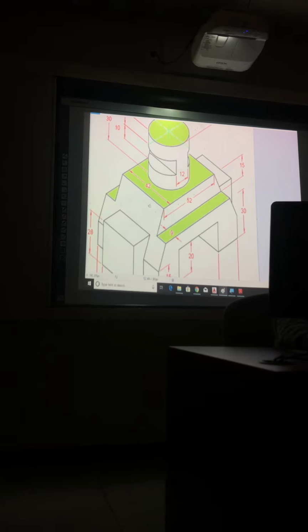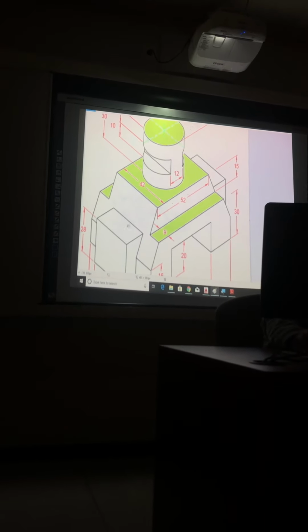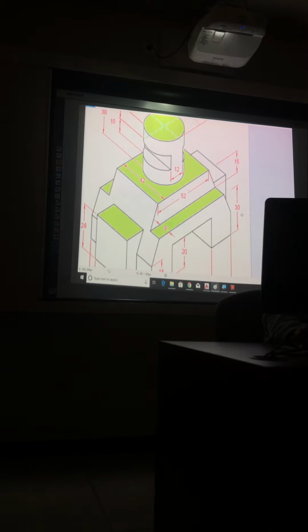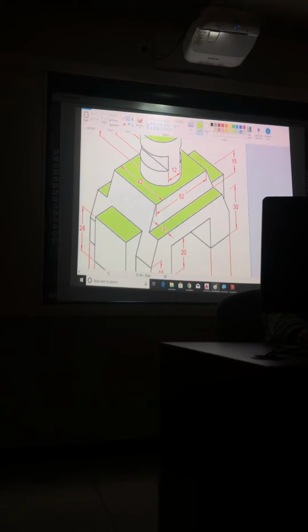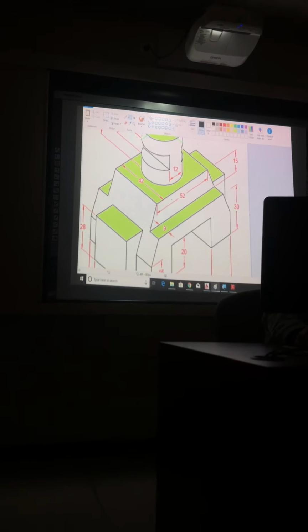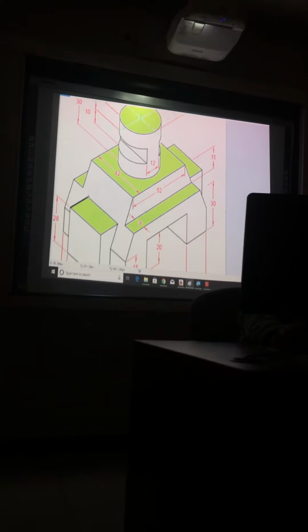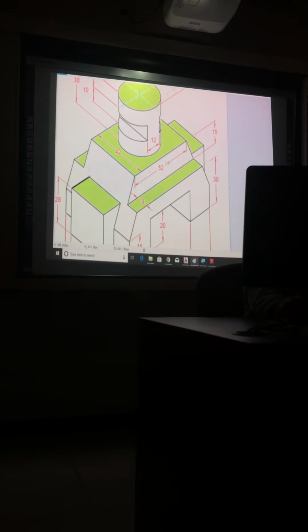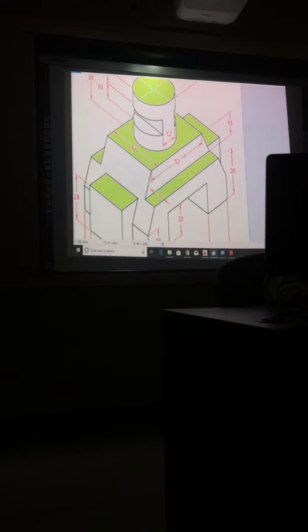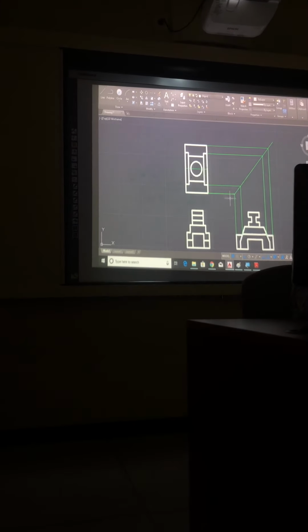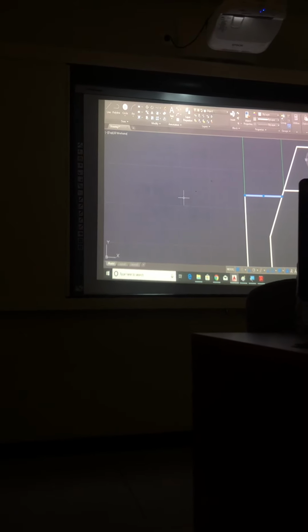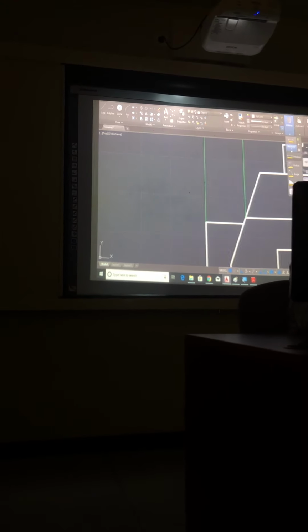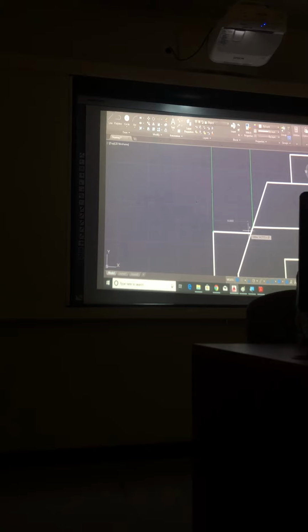Now comes the tricky part. Can I make this surface? This and this? Do I know this distance? I don't have this distance. I don't have this distance. So I can take it from here. Isqat. Or you could just measure it. If you measure it, measure distance, it says